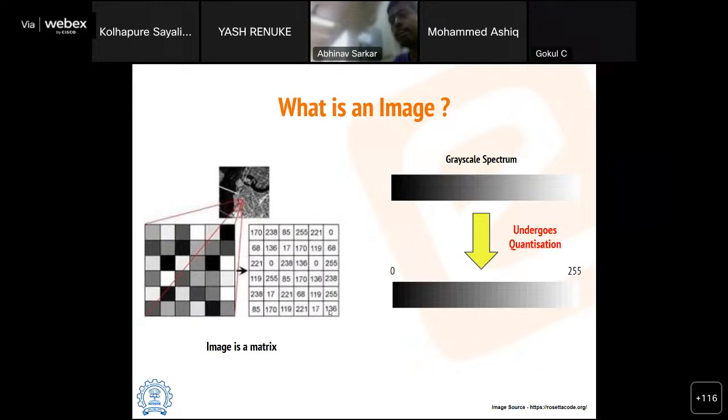All the values are given in the form of grayscale. So here what we see is that the values range from 0 to 255. Why is it from